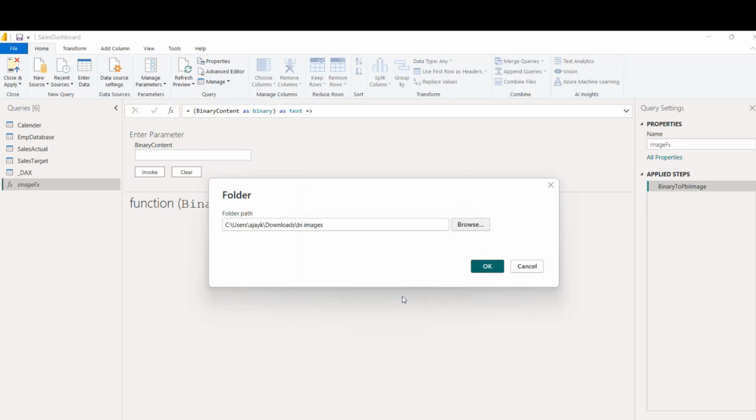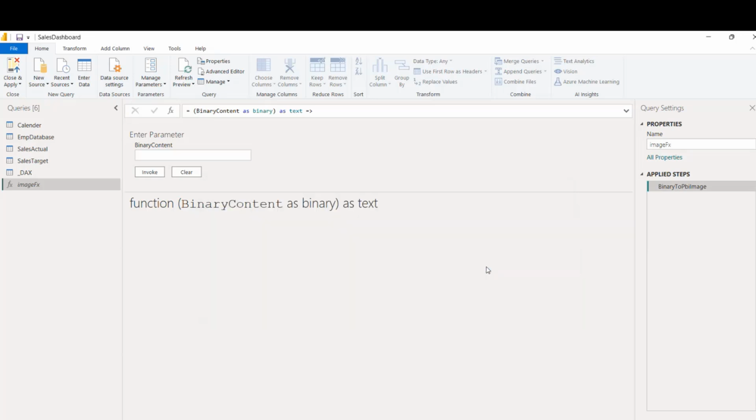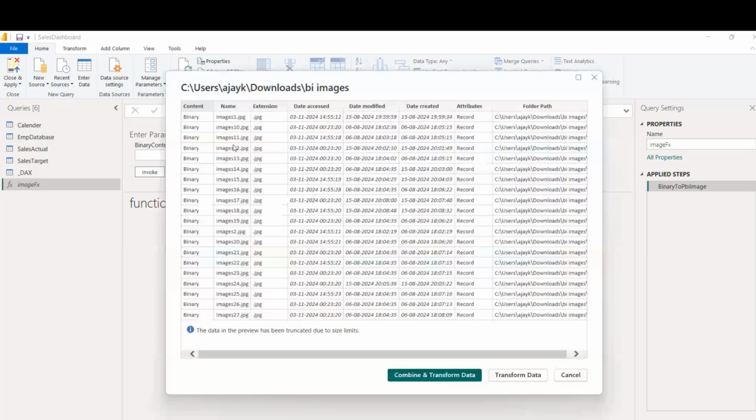This is the folder. You have learned this in a previous tutorial also, how to compile the data from a folder where you have 100, 200 files, Excel files, or whatever. Remember, this time it's a bit different, but the process is the same. So this folder option is not new to you. We will simply say OK, and now you see we have all this content available here, and I'm